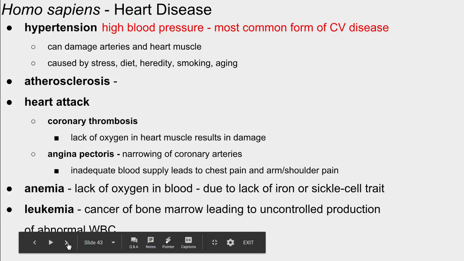Remember that? Talked the other day about blood pressure and measuring it using that blood pressure cuff. Well, if the pressure in those arteries is too high, it can cause damage to the arteries. It can cause damage to the tissues around it. Different things cause high blood pressure. Stress, for example. I've heard people say, "Oh, you're giving me high blood pressure," or something like that. That's because the hormones our body releases in a time of stress, one of the effects of those hormones is to elevate our